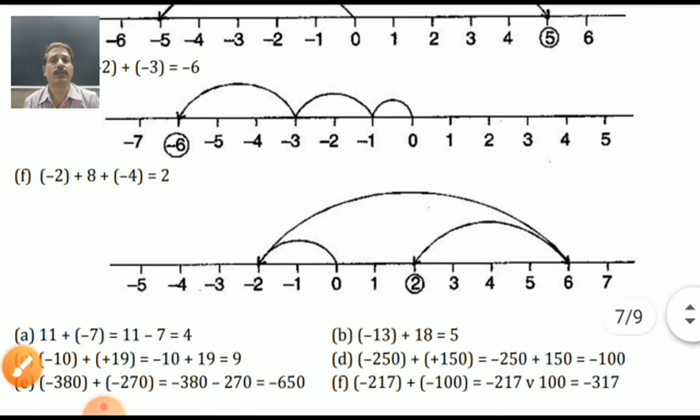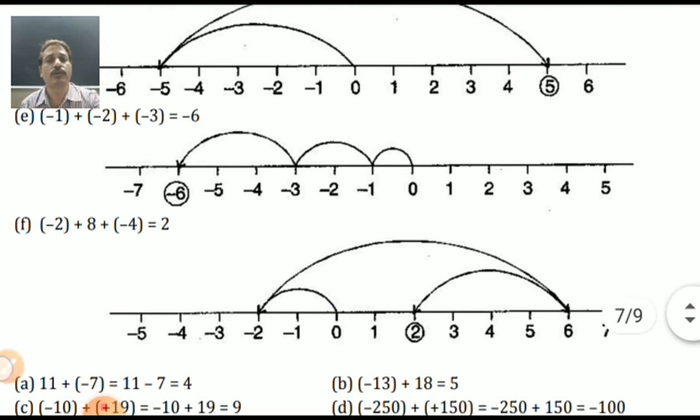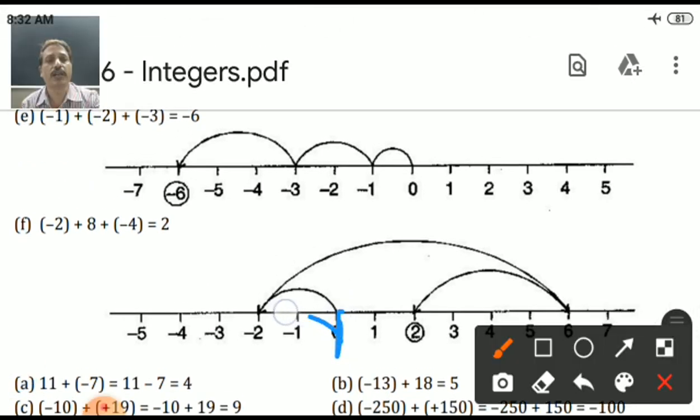Yes. So here 1 positive number. Negative numbers are there. 2 negative and 1 positive. First of all, what we can start? Minus 2. So minus 2 का मतलब है बेटा you can start from here 0. 0 से start किया minus 2 पे खड़ा रह गया. You will reach on minus 2. Yes. Then after plus 8. So 8 step आपको right side जाना है. Step don't do directly. 1 by 1. 1, 2, 3, 4, 5, 6, 7 और 8. अब you can reach on 6 पे आ गया बेटा. ये आंसर आ गया 6.